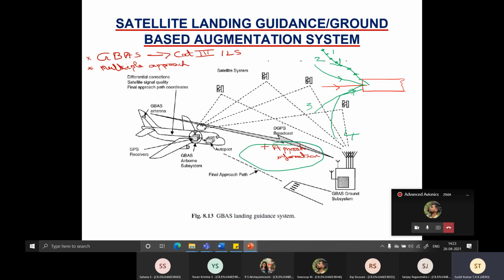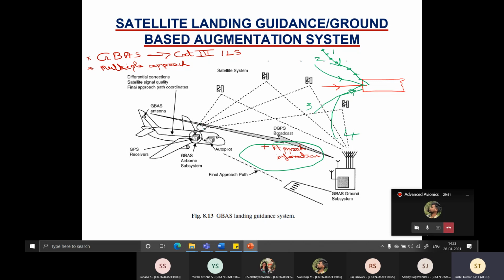You're telling it, okay, you are clear to land on approach 1, and approach 1 consists of so many lat long points. Now inside the aircraft, it is just getting lat long information from the GPS, and it keeps comparing it with the required lat long. This is nothing but a heading control autopilot. Only thing is, instead of an ILS beam as a reference, you have lat long as a reference.